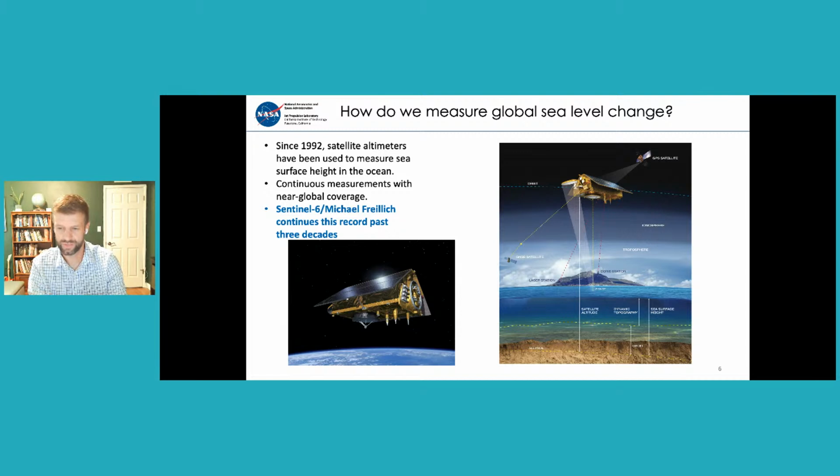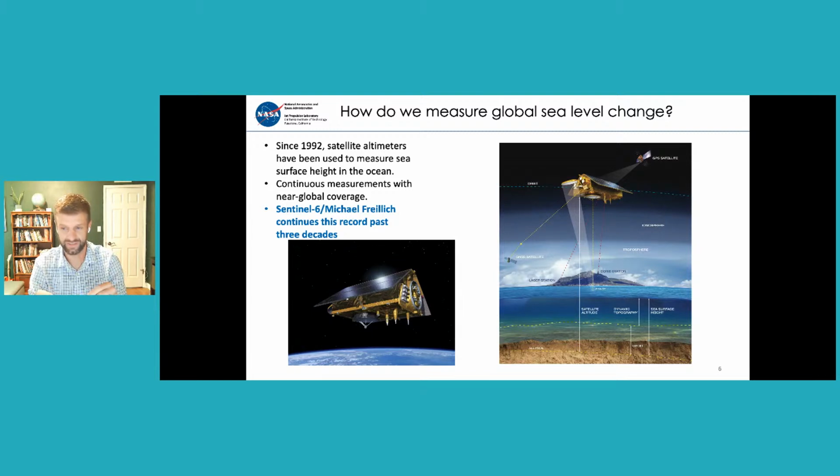The principle that we use to measure sea level with these satellite altimeters is really pretty straightforward. The actual details of it are a little more complex. It's a difficult engineering problem, but it's really not that different than, say, a policeman on the highway who's making a measurement of how fast you're going. So these satellites send a radar pulse from the satellite down to the surface of the ocean. This radar pulse bounces off the surface of the ocean and travels back to the satellite. So if we can measure the time it takes very accurately from that pulse to get from the satellite to the ocean and back, and we know very accurately where that satellite is up on orbit, we can actually get a really good measurement of what we're calling sea surface height or sea level.